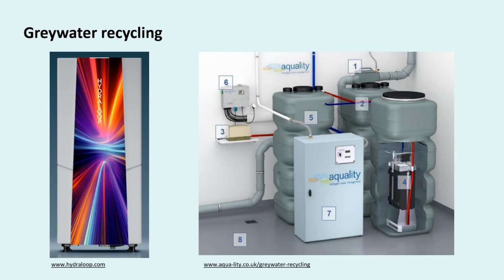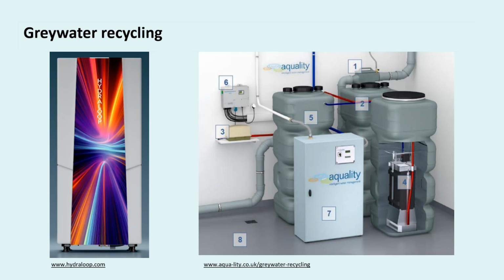However, there's still a reluctance for developers to install grey water recycling systems because of the yuck factor and the concerns about how that would affect their clients. Such systems are typically designed, installed and maintained by a third party, and incumbent water companies are reluctant or possibly prohibited from installing grey water recycling systems because the drinking water regulations require them to supply drinking water that is wholesome, and the supply of grey water is a bit of a legal grey area, as it were, and the risk of cross-contamination, cross-connections seems to be too high.